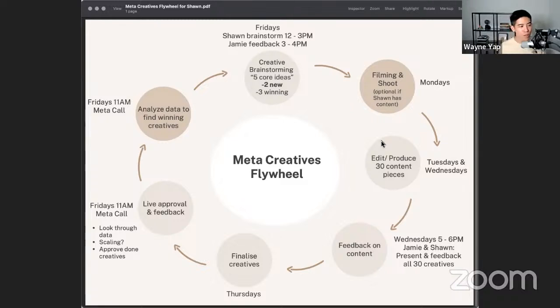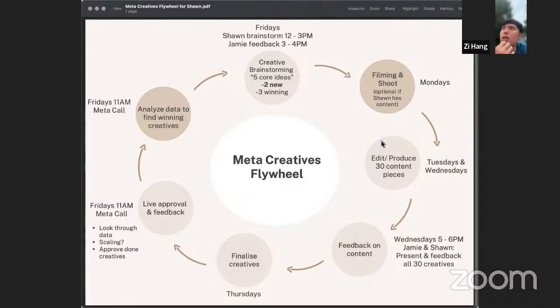Because if we do it on a 2 weeks cadence, then the feedback loop is wider, which means there's less feedback time. However, the benefit of that is then we can bulk and do more. So maybe from a starting point, which do you prefer? Because you are the main person that's gonna create the creative. Yeah, I feel that it makes more sense that we create less content per week, but we still have the weekly review process so that we can constantly have the process to update and make changes to our ad creatives